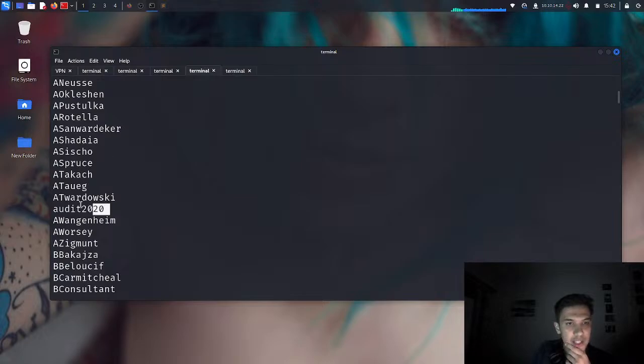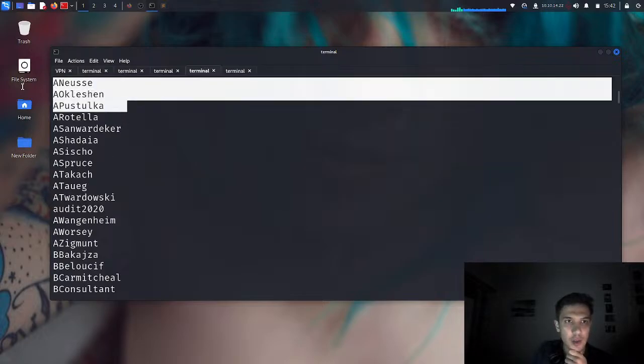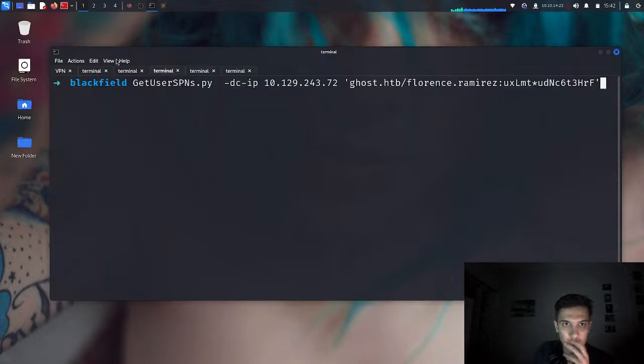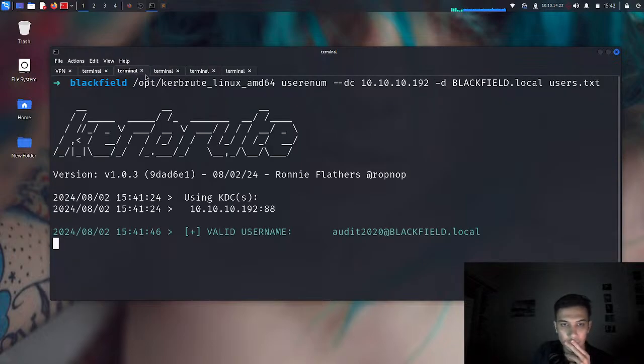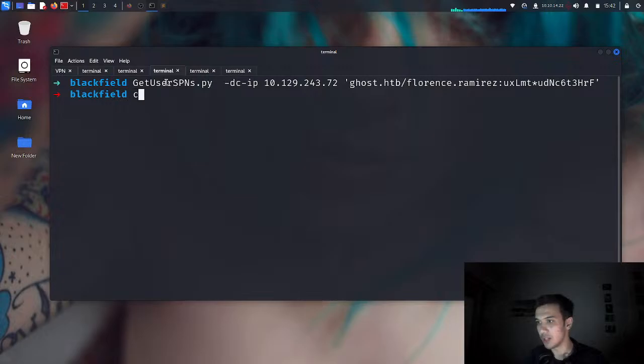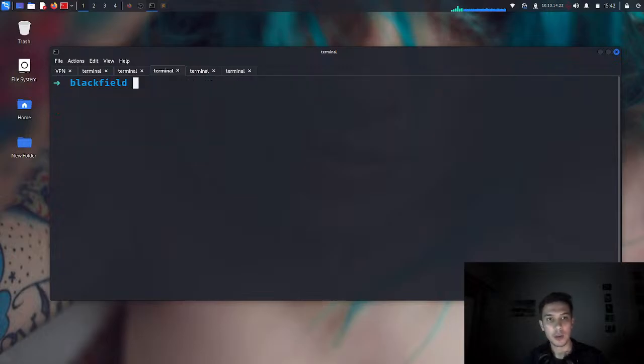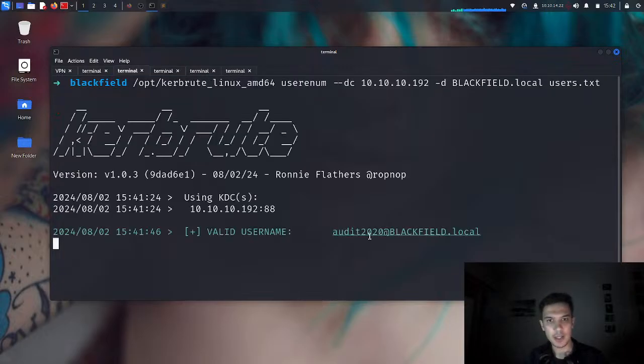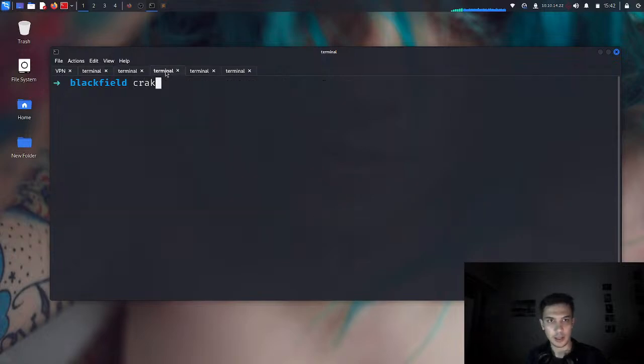Yeah, it's just funny here as username. So this does not look like a username here. That's really interesting, right? Before using GetUserSPNs, I want to wait for it, but let's just do